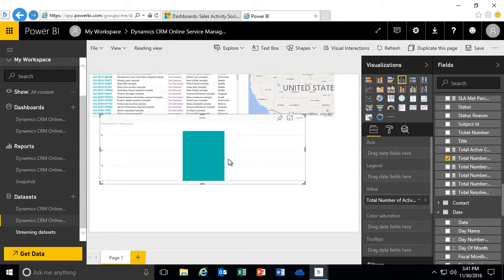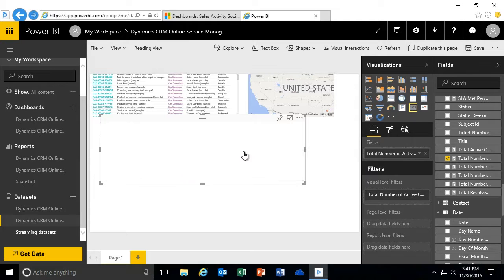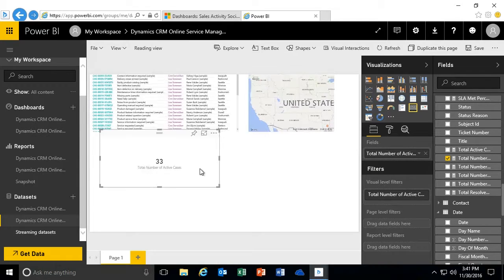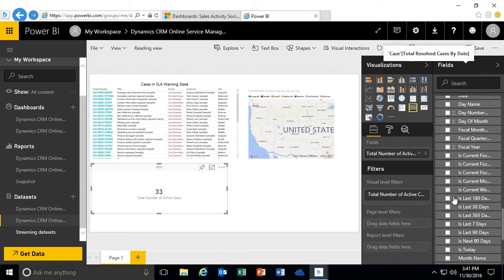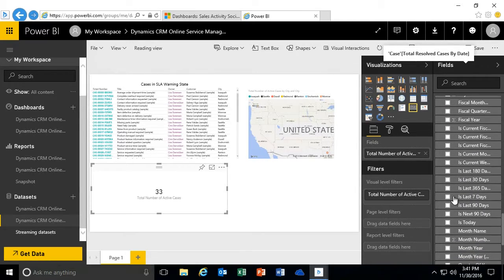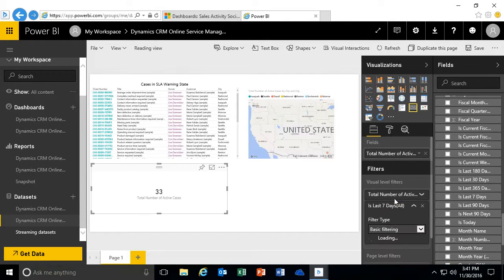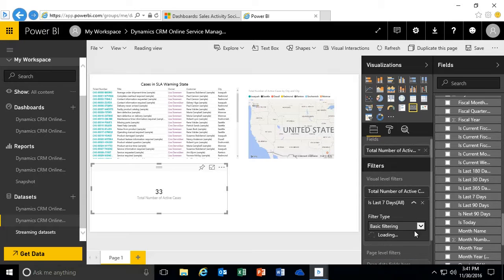But again, I don't want it to necessarily be a chart. On this one, I just wanted to see the value. So this might be where I use my card. On my card, you'll now see that it will give me total number of active cases. But again, let's say that I just want to see total number of active cases in the last 7 days. So this might be where I can come in with my visual filters, drag it over to where it's saying the last 7 days,